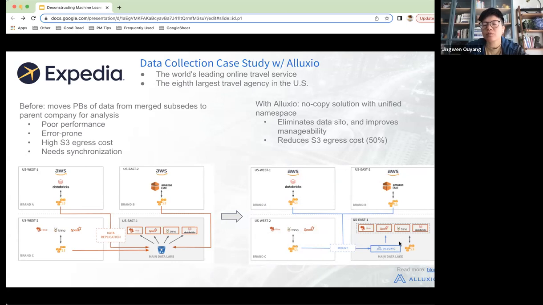Usually different businesses, multiple teammates, or even different teams might use the same data. For example, the user information usually is reused and then gets joined with many other types of data. So that data can be cached, and once you cache, it becomes local, so it's much faster. And then we don't have to pull the data over and over again. So for the Expedia case, they actually saved the data egress cost by 50%.